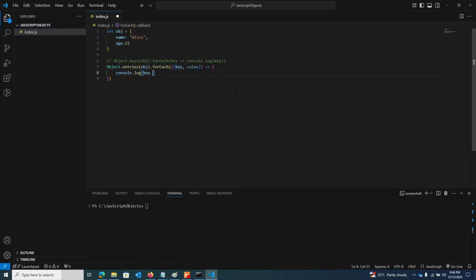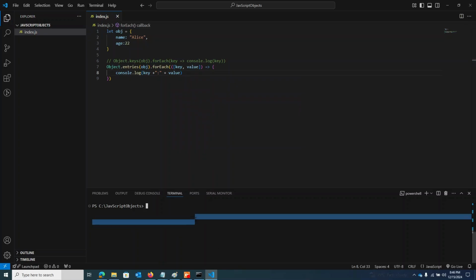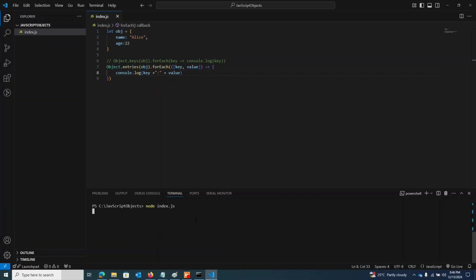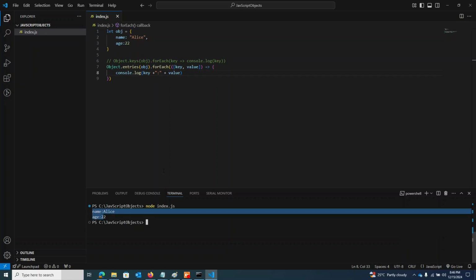Then again, you can use the value also in here. You can see the name and age appeared here,